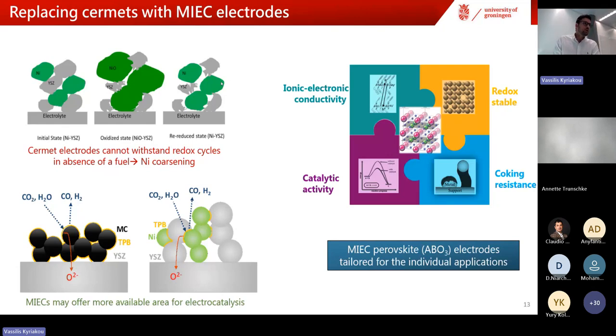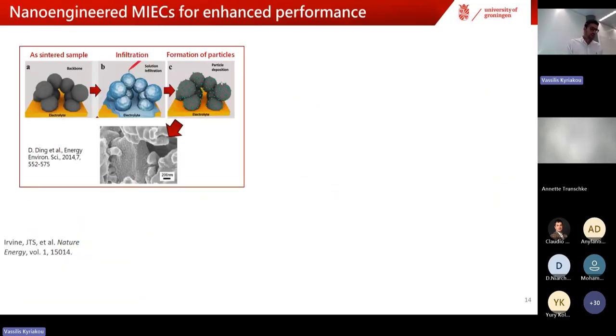What is the issue and what we want to improve is that the catalysis, although it exists in perovskites, we're talking about oxides still. And their catalysis, in many cases, like in co-electrolysis, is relatively limited. So we try to enhance these properties by introducing nanoparticles, so practically nanocatalysts over the MIEC. And this can be done in a simple way with infiltration of different nitrates. You can infiltrate copper nitrate, nickel, iron. There are different examples, cobalt or ruthenium.